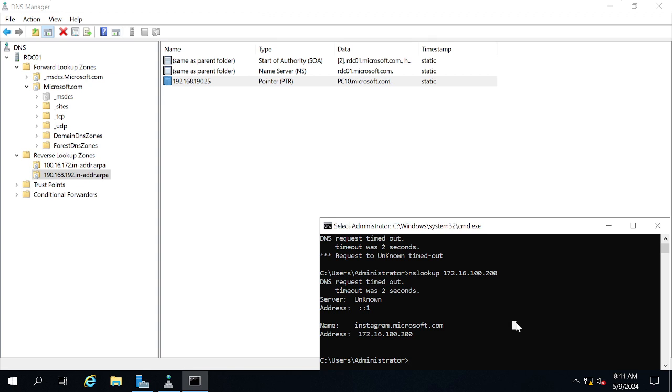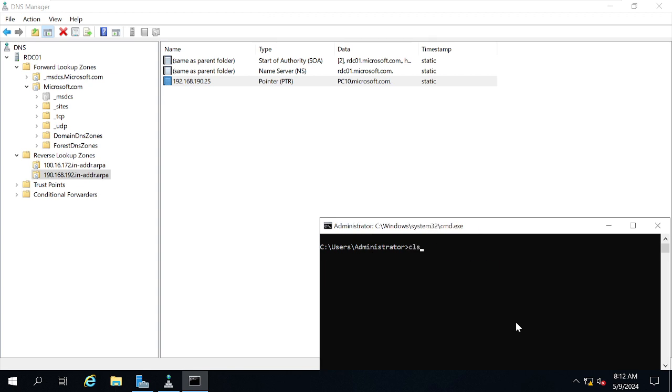Now you can verify by clearing the screen. NS lookup PC10. Since I have created PC10 just now, PC10.microsoft.com is resolving to 192.168.190.25. Okay, this is how you create the record, and this is how you modify the record.